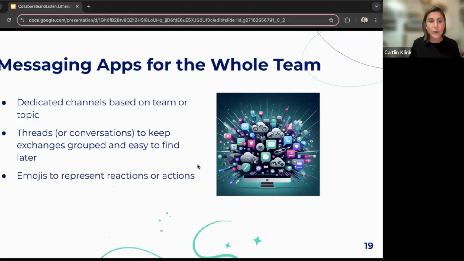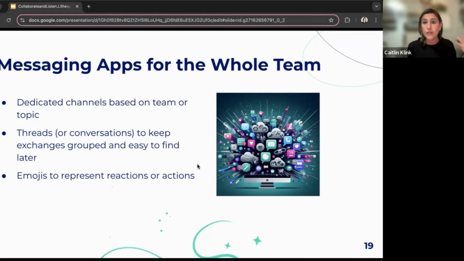Another thing that you can do in that same vein is emojis. And I know, depending on which generation you identify with, you may have varying, maybe visceral reactions to emojis, but I would encourage you to embrace them because they're very much here to stay. One consultancy we work with has emoji engineers. So if you have a bad picture of you taken, you can bet that it will become an emoji sooner rather than later. But use emojis to represent reactions or actions.